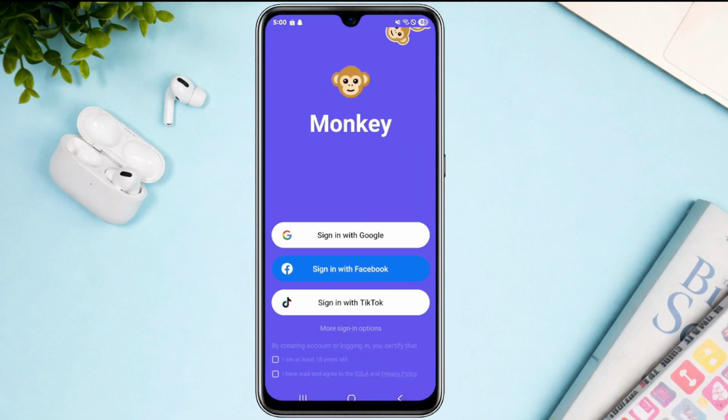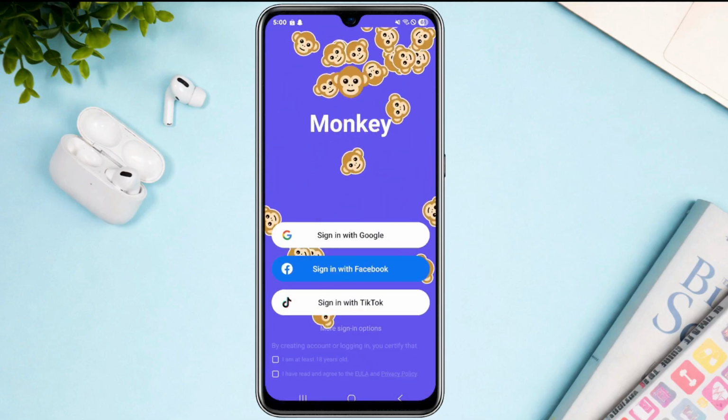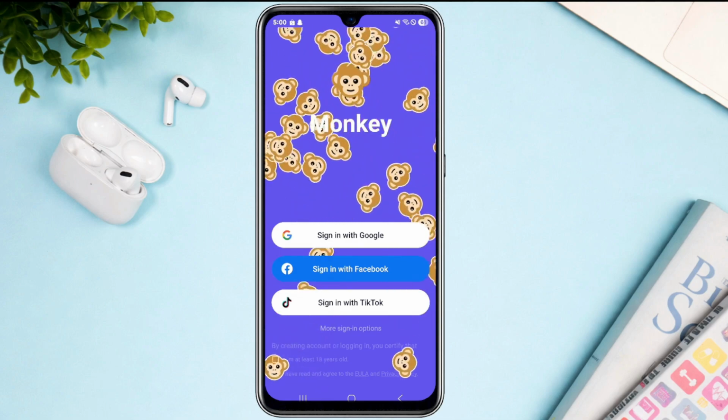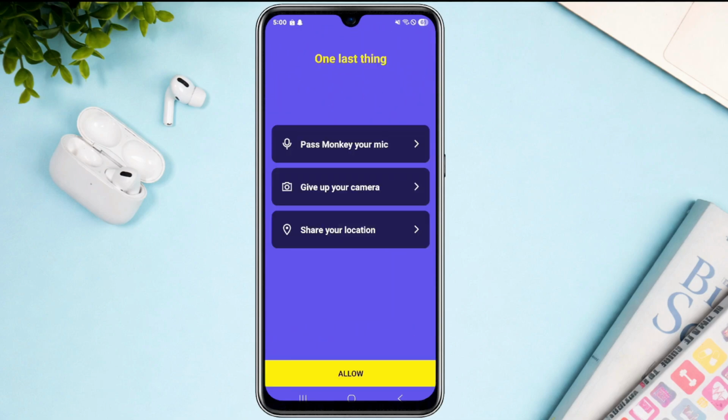Next thing to do is, of course, open up the Monkey application and log in based on your account preference, if it's either going to be a Google, a Facebook, or a TikTok account. Now, once you've successfully logged in, make sure to allow everything here so that you can use every feature that